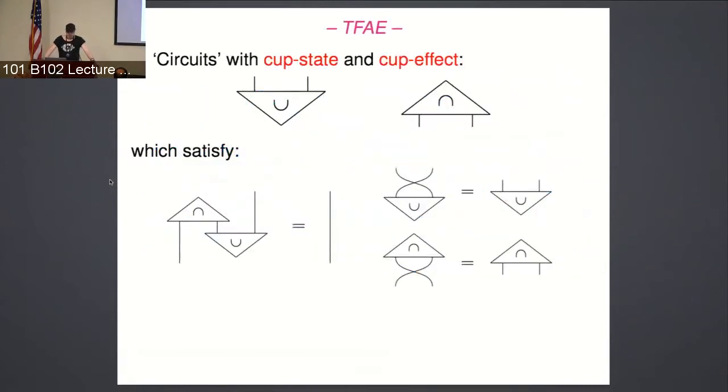We have two equivalent ways to do that, and the first one is closer to how you find it in category theory texts and textbooks. And this is what's called a compact closed category in category theory language. Basically,